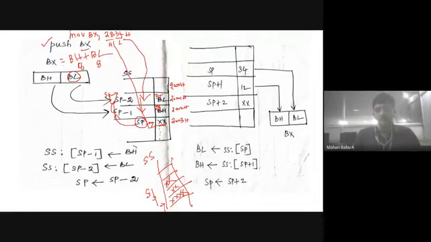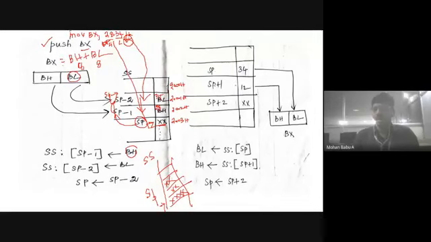So this one is the higher byte. See here, this is the higher byte, stored in the BH register. This one is the lower byte, stored in the lower register BL. The BL register is copied to the lower address location, that is SP-2. The higher byte is stored in the higher address, that is SP-1. See here, that is the meaning of this.